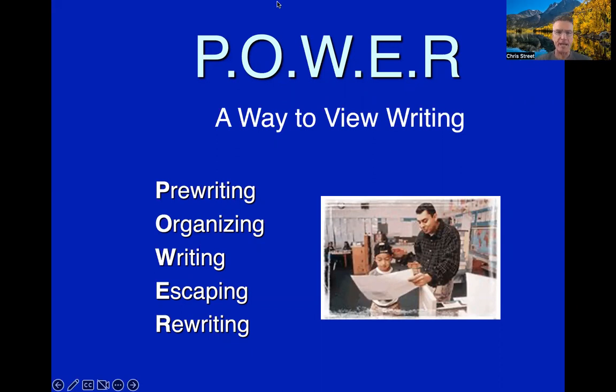So it's an acronym that I came up with a long time ago now, and it stands for pre-writing, organizing, writing, escaping, and rewriting. So it's the way to envision writing that we can share with kids that I think is accurate in terms of reflecting the writing process that most writers go through. And we're going to explore this acronym today as a way to tap into how writing can be useful in